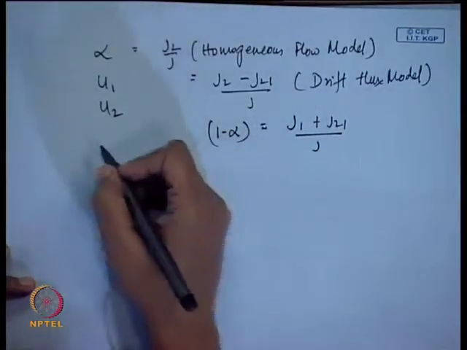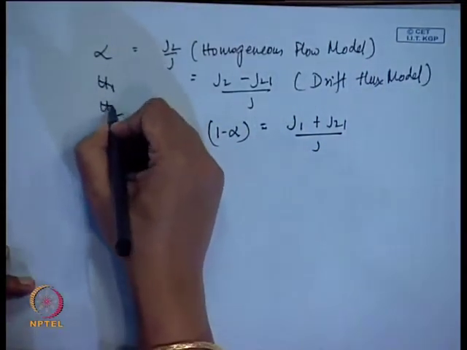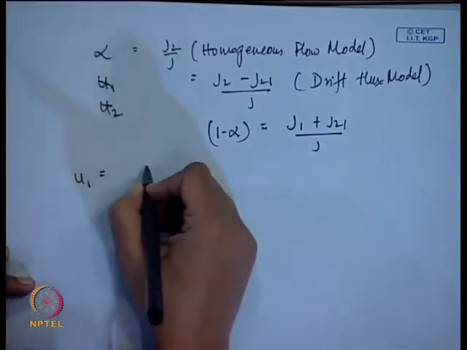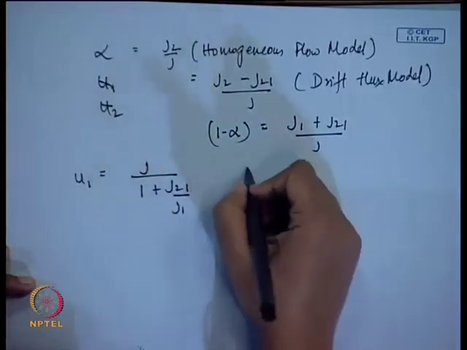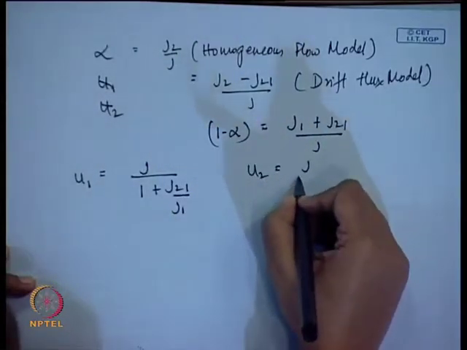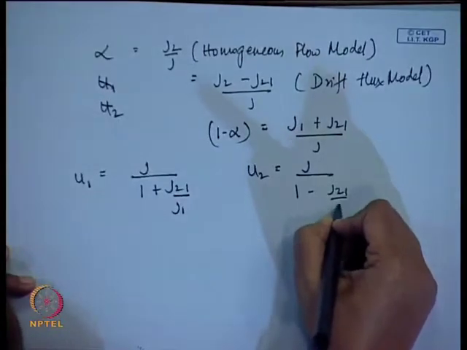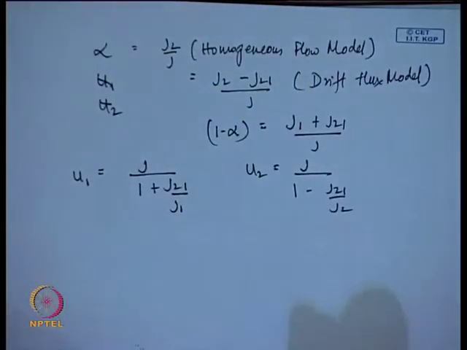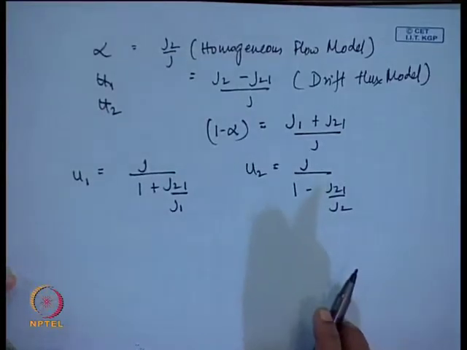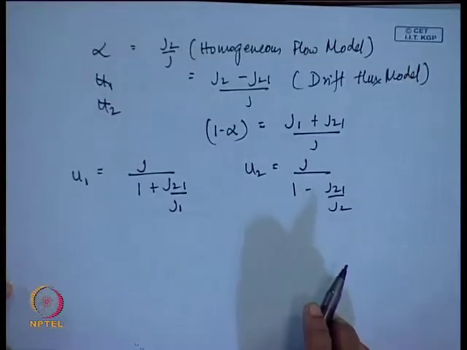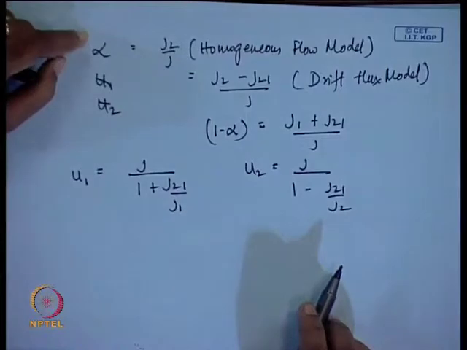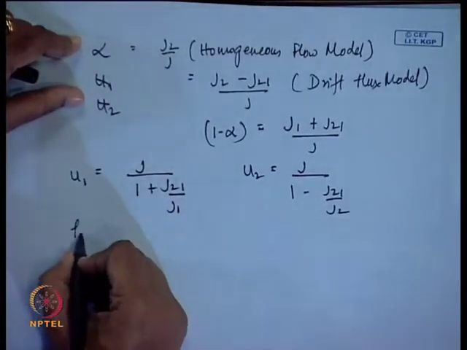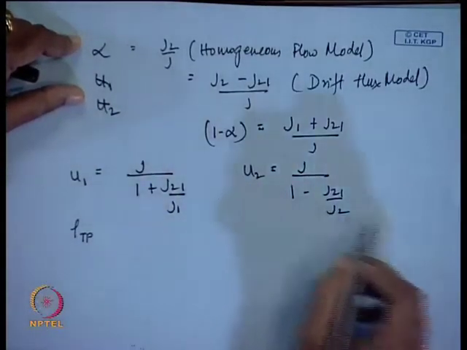Okay. In the same way we had already discussed, I will just write down the expressions. U1 was obtained as J by (1 plus J21 by J1). These derivations I believe we have already done. U2 was J by (1 minus J21 by J2), and accordingly we had already derived momentum fluxes and things like that. Okay. Now, we find that whenever we are operating at not very high velocities, alpha has to be modified. The moment we modify alpha, we can modify rho TP, we can modify u1, u2 and so on and so forth.